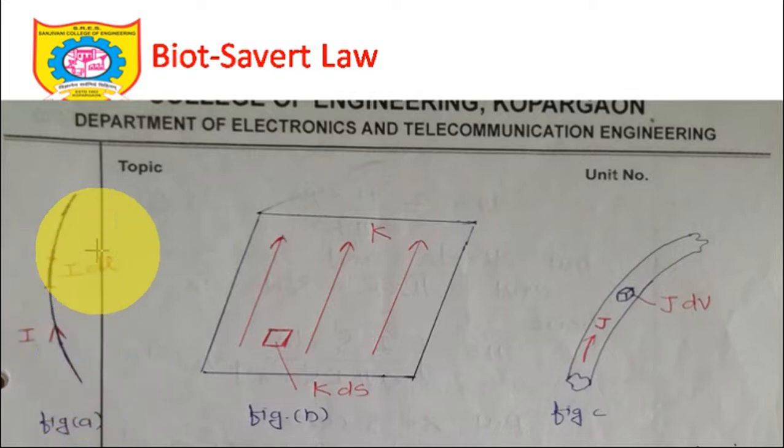So this is the line current distribution. Don't say that this is a line charge distribution. This is line current distribution. Then a surface, if the surface is something like this, this arrow indicates the direction of current on this surface. I will take the differential surface area, namely dS, and K indicates surface current density. See, I is simply current, K is a surface current density, and capital J is a volume current density. So if I draw a pipe-like structure or a volume-like structure, I will take a certain volume, something like this cuboidal shape, and this differential volume dV I will denote, and J dV.